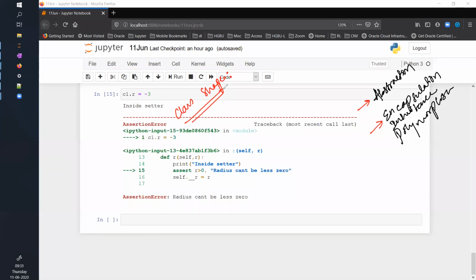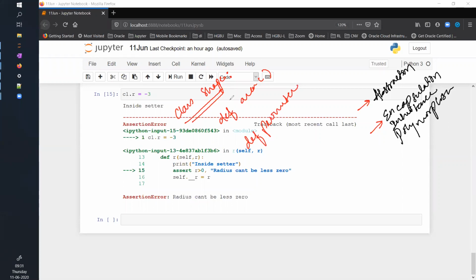Whatever you create, every class must have area functionality and perimeter functionality. So I will create a class Shape, and then def area and def perimeter. So this is my abstract class.